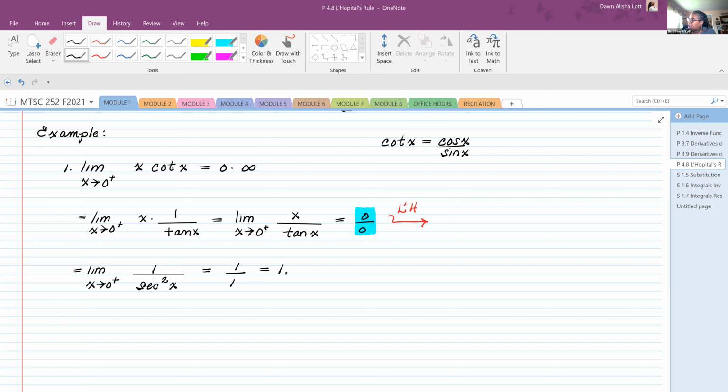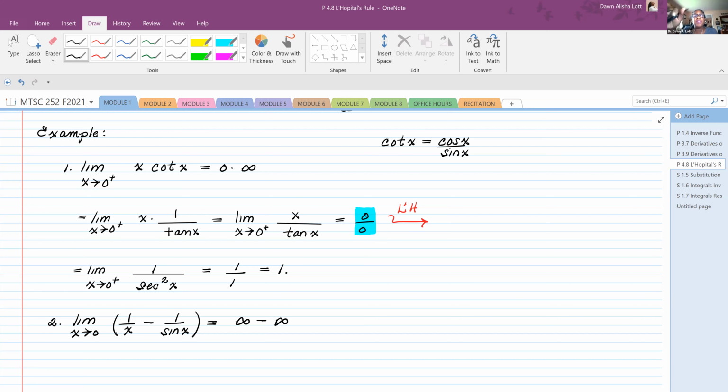Okay, here's another one. The limit as x approaches 0 of 1 over x minus 1 over the sine of x. Now 1 over 0 is infinity. And then sine x is also 0. So now I have infinity minus infinity. So that's a problem